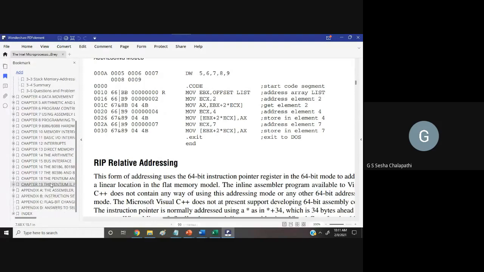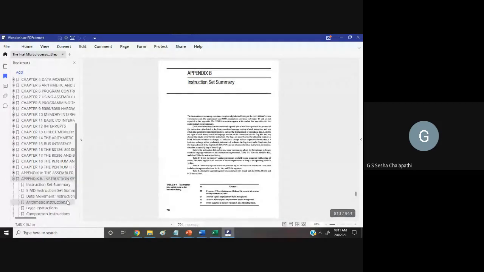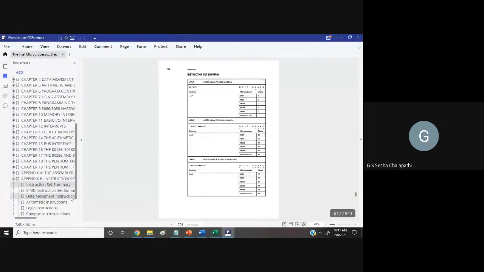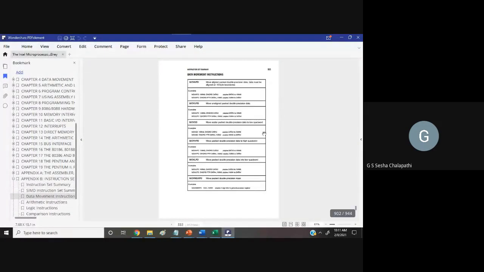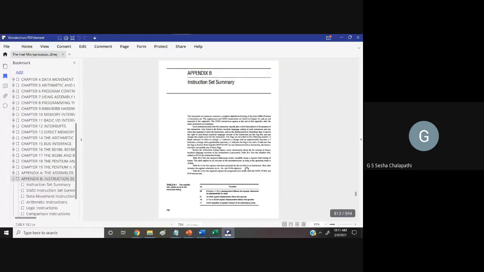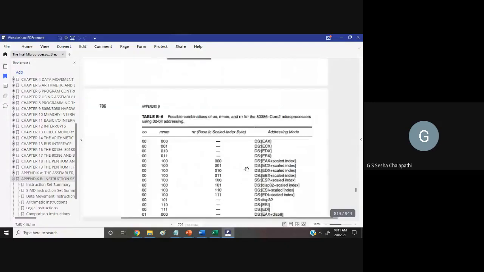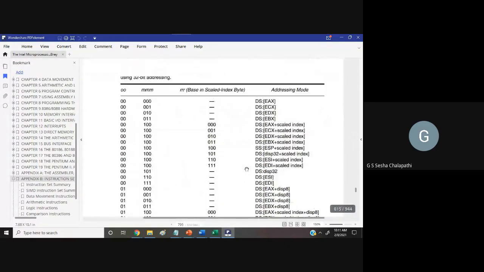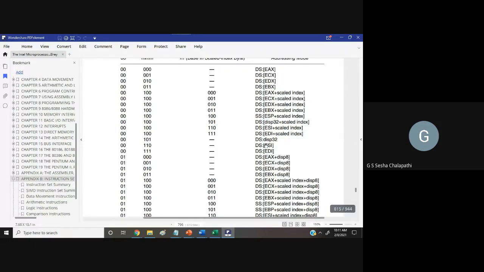What you have to do is get into the instruction set, look at the data movement instructions, and find the scaled index entry.